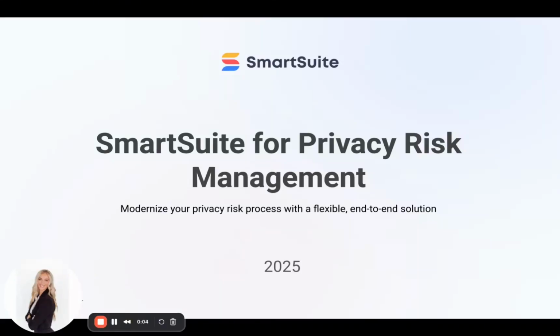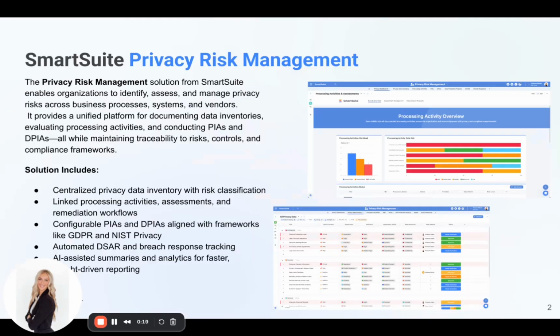My name is Preston Gillum, and I am a GRC product manager here at SmartSuite. I focus on building out solutions and use cases for different prospects and clients as they relate to GRC, cyber, BCP, and internal audit. SmartSuite's Privacy Risk Management solution brings together every component of your privacy program into one connected